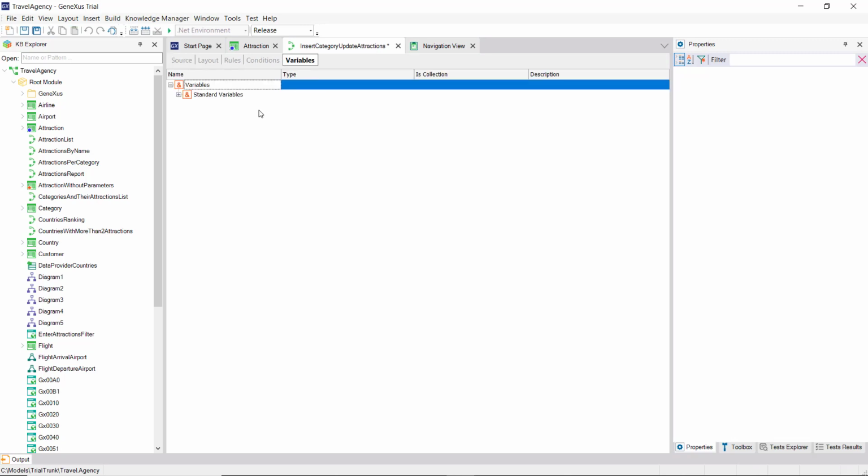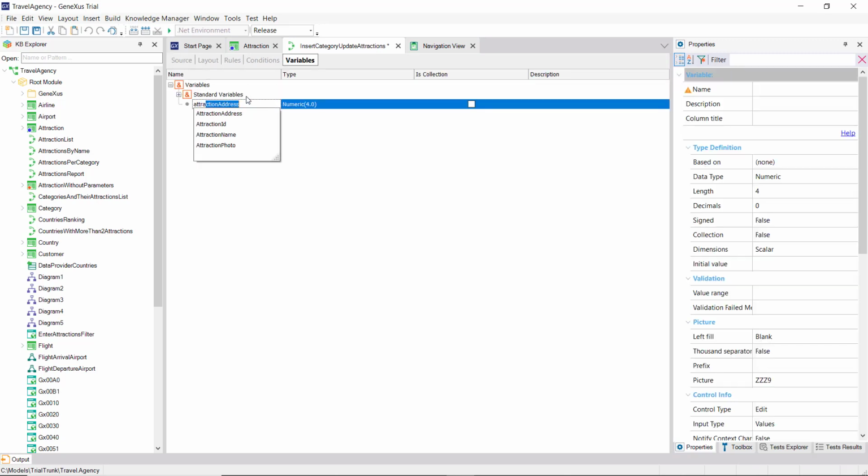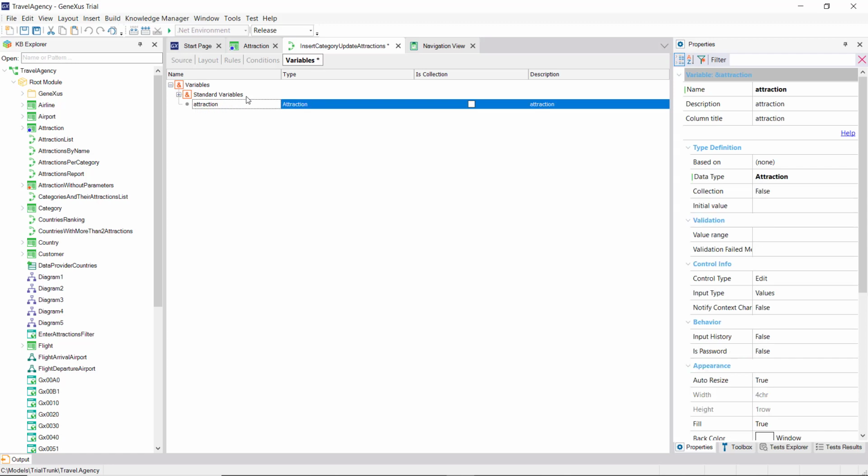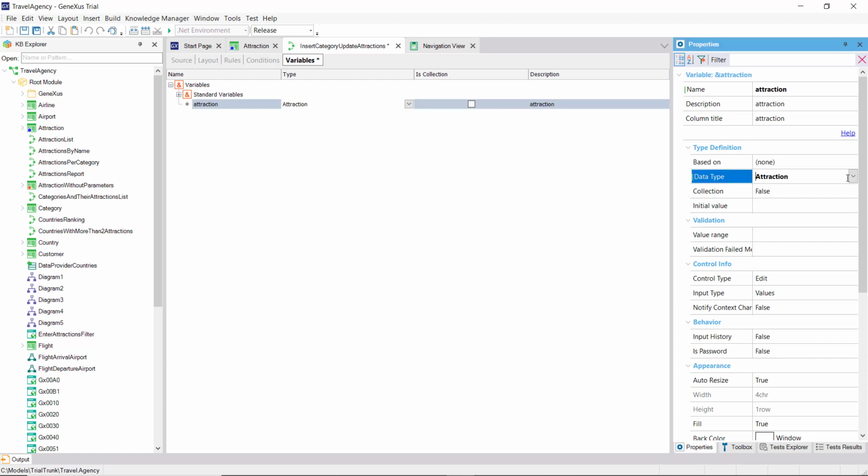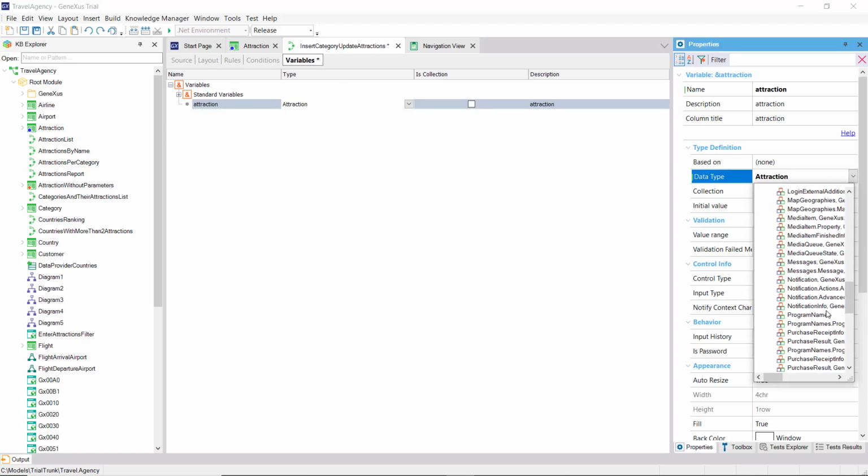If now we go to the procedure and define it in a variable named attraction, we can see that because we selected a name matching that of the transaction, a data type of that name has been automatically used. What data type is that? If we select the variable properties and open the combo, there's a business component group that for now only offers one value. Not coincidentally, it's attraction. Here's where we see the effect of having enabled the transaction property. The data type business component attraction was created in the KB. It's available and can now be assigned to any variable.